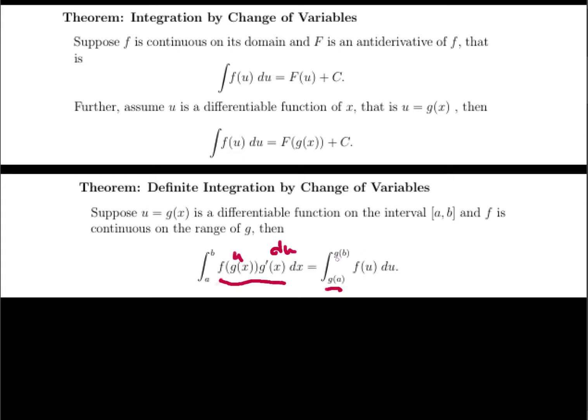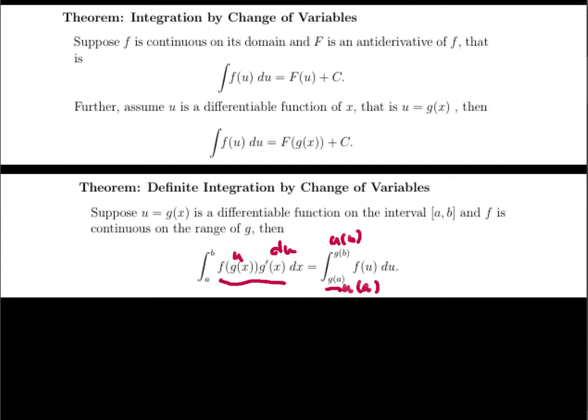We're now going to go not between a and b, but g of a to g of b. Or really more naturally, I'll think of this as u of a and this as u of b. Right, so that's going to be our approach. So let's